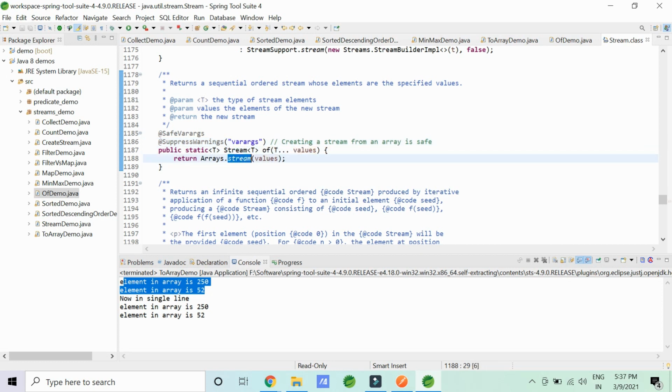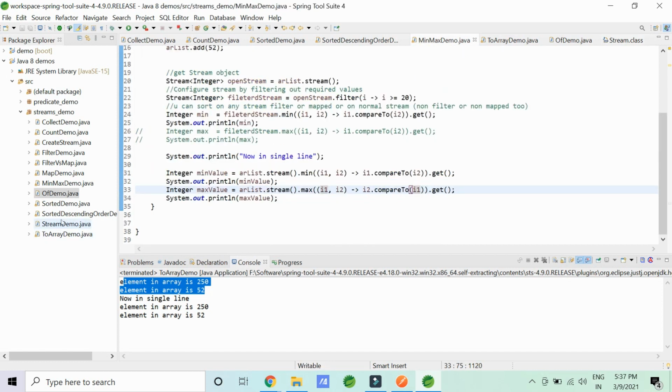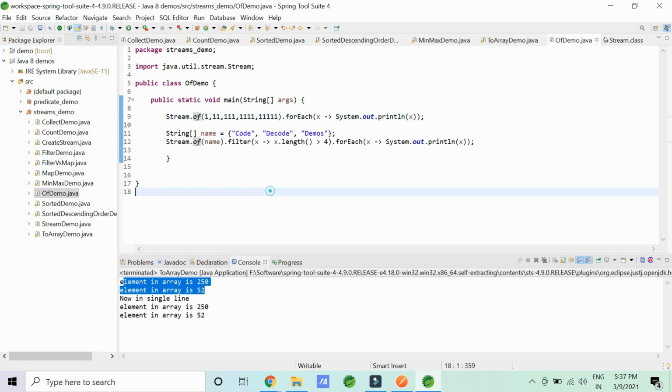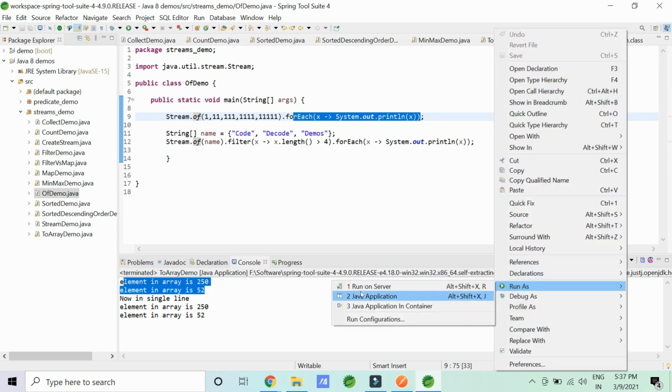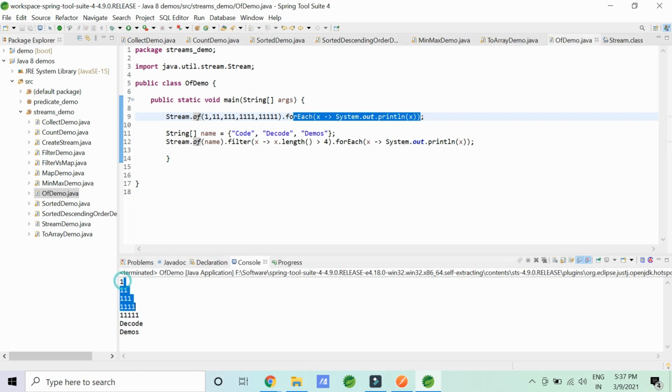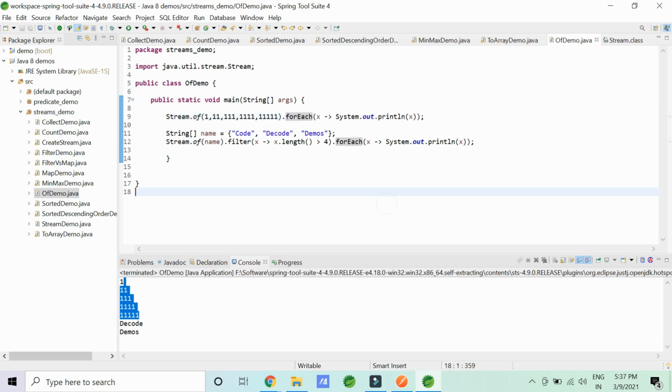If this much is clear, let me quickly move ahead to my of example. I'm giving you anything, it's converted into a stream, and for each of those, please print it as a stream. If I run it, I'll get 1, 1, 1, 1, 1, 1. Whatever I've given is converted into a stream. Since it is converted into a stream, I'm able to use this method. The forEach method with a lambda expression is nothing but a method used on a stream. You cannot use it anywhere apart from streams. So this is the beauty of two simple words which are capable enough to convert anything into a stream.